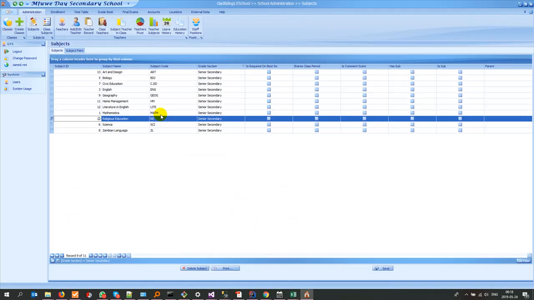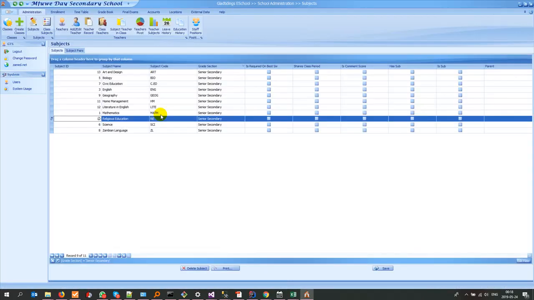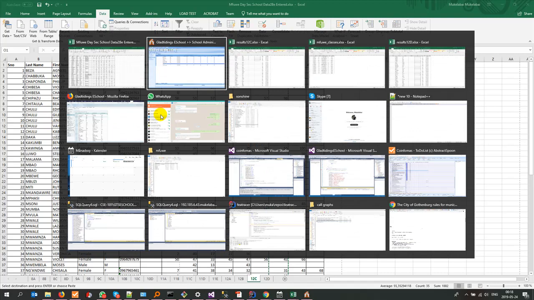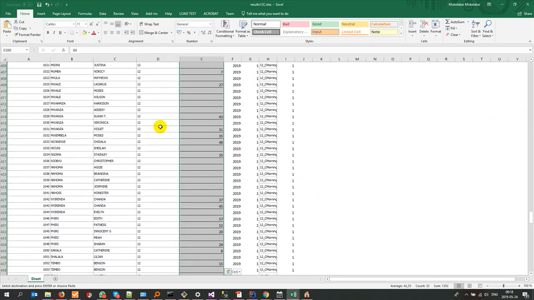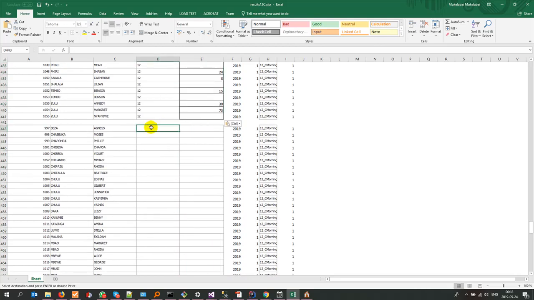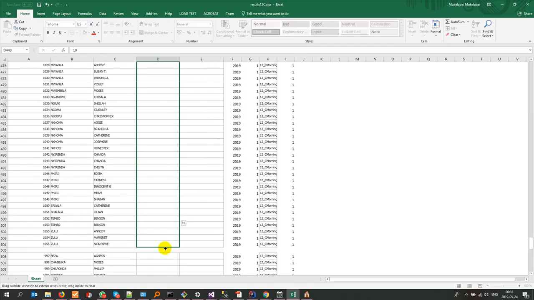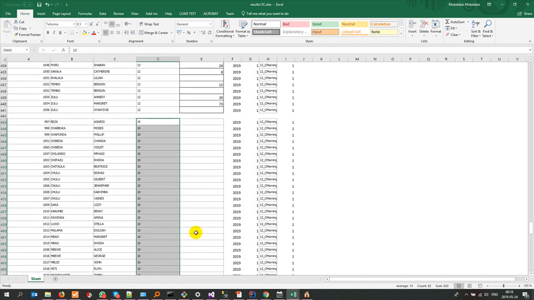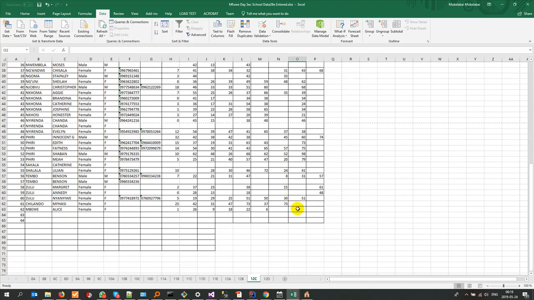So what was I even saying? What subject are we looking at now? RE is 10, and we have the ID for 10. I think it's supposed to be the next one here. So we put 10 there and we drag it down up to there before the empty line, and then we need to bring in the scores for RE. You can see that a lot of these pupils had blanks here, so maybe they didn't write. So we copy everything